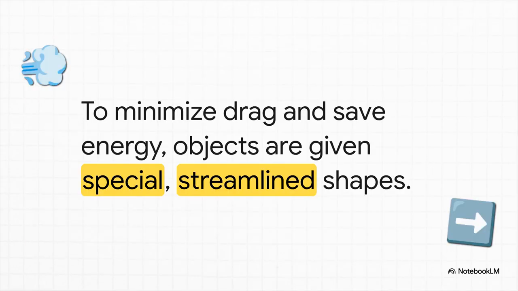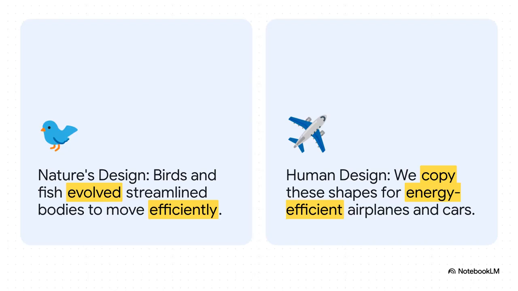And just like with regular friction, we've figured out ways to fight drag. The biggest weapon in our arsenal is shape. By designing things to be streamlined, we help the air or water flow smoothly around them. This cuts down on that resistance and saves a massive amount of energy. So, where did we get this brilliant idea for streamlined shapes? You guessed it, we stole it from nature. Nature has been perfecting this for millions of years. I mean, just look at a bird or a fish. Their bodies are perfectly evolved to slice through air and water with minimum effort. So, when our engineers design a supercar, a submarine, or a jet airplane, they're really just copying from the ultimate design experts.